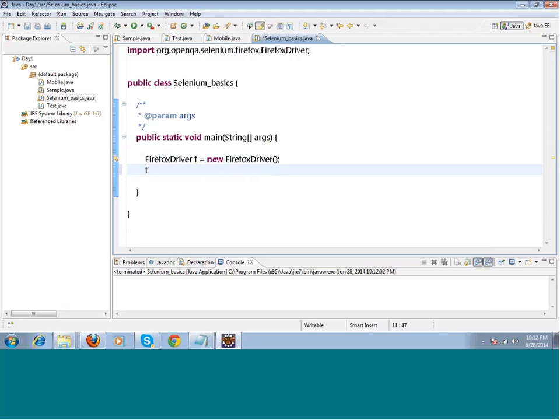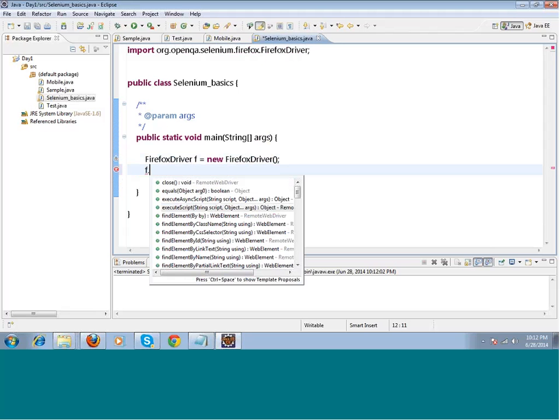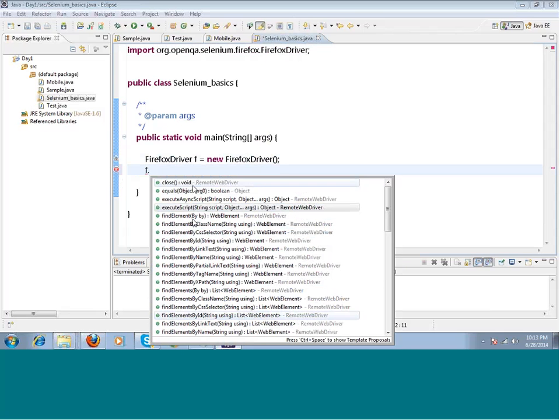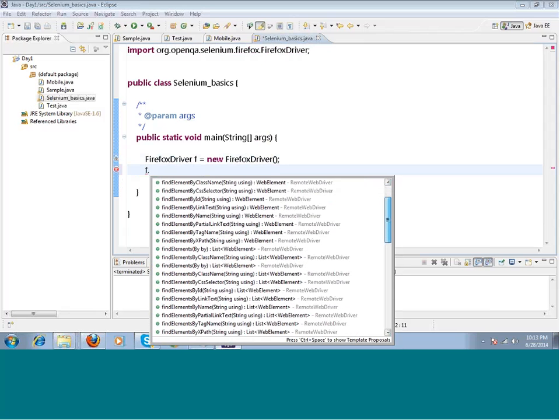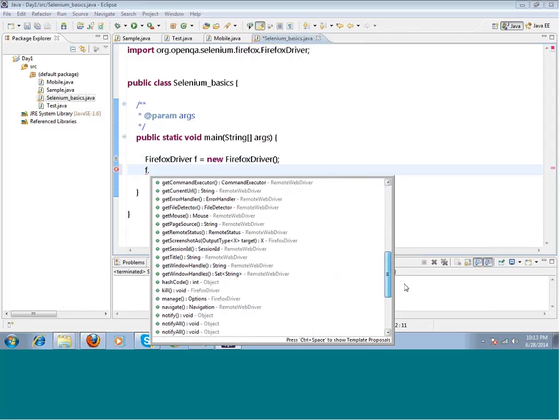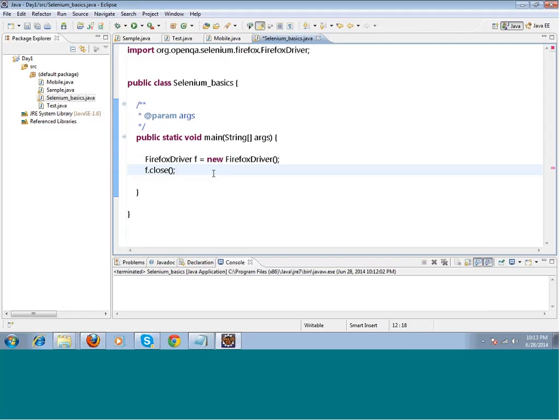Then when you write f dot, you will see all the non-static functions which were there in the FirefoxDriver class. There are so many things available, and you have access to all of them. For example, there is a very simple function known as close. As the name suggests, this will close the browser. So if you run this program,